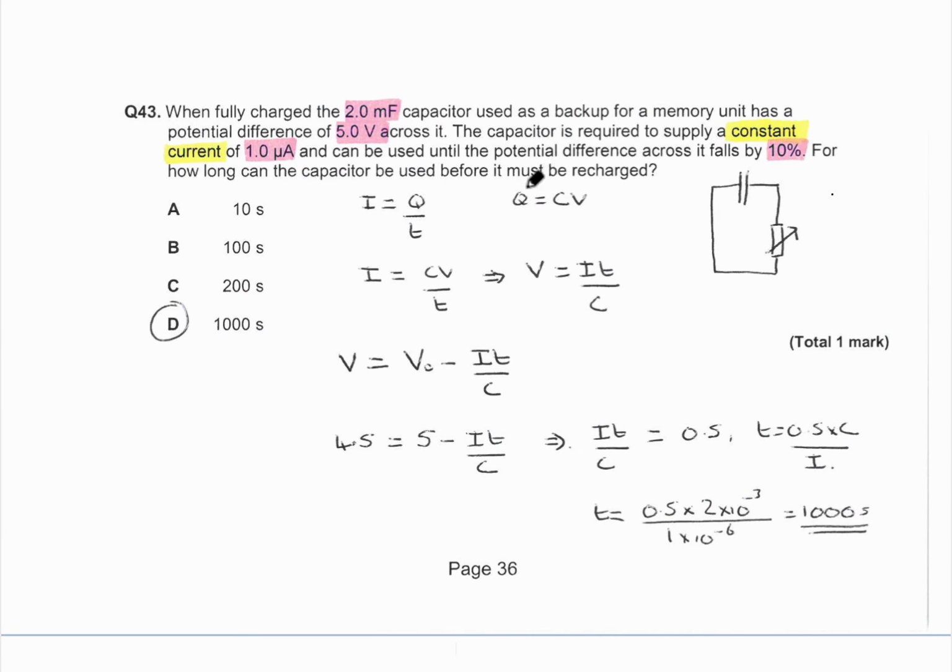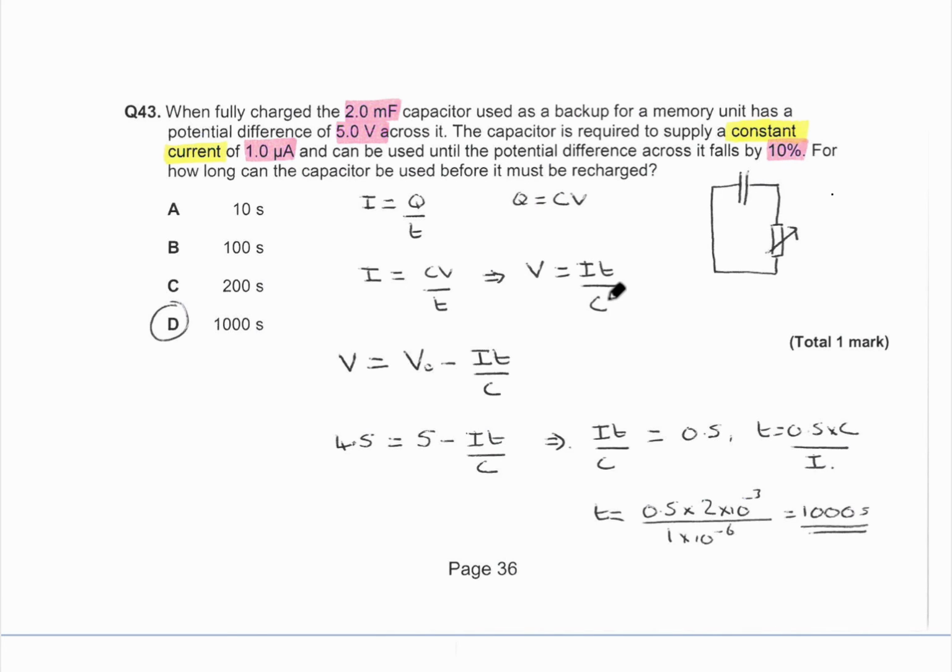And we know for a capacitor, the charge stored on the plates is equal to the capacitance of the capacitor multiplied by the potential difference of it. And so therefore we can put these two equations together. So we get I, the current, is equal to the capacitance multiplied by the potential difference divided by the time. And if we rearrange this, then we end up with the potential difference equaling the current multiplied by the time